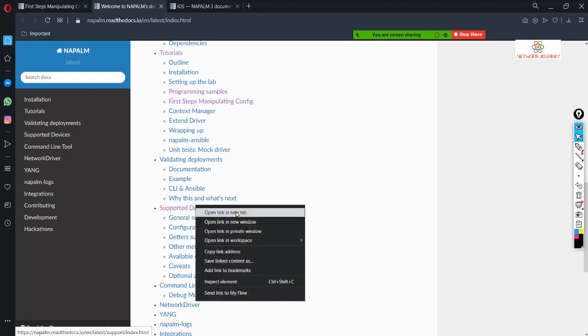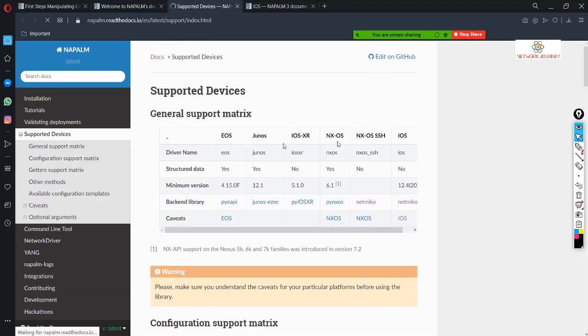Okay, so let's go here. I guess it should be on this. Yes, it's this. So when I go here, as I told you, this is Arista, Junos, IOS XR, NX-OS, SSH, and IOS. Now you can see how they get integrated.